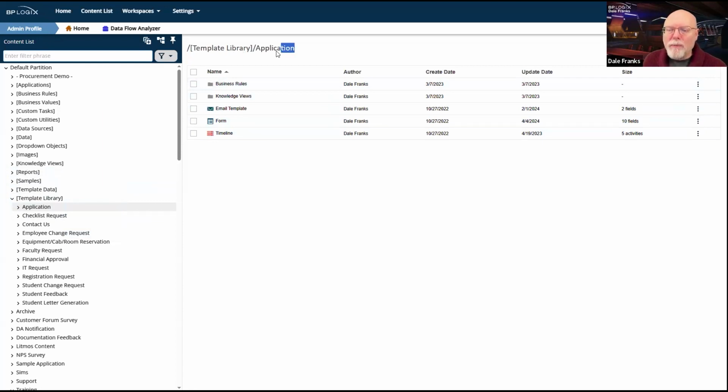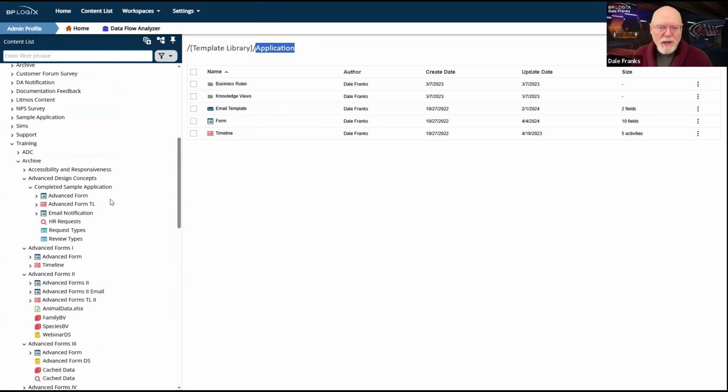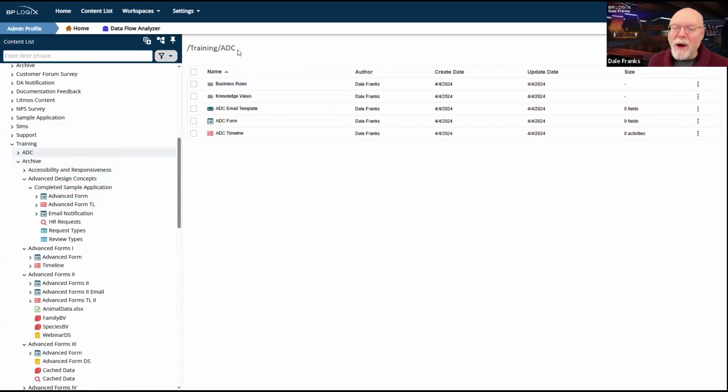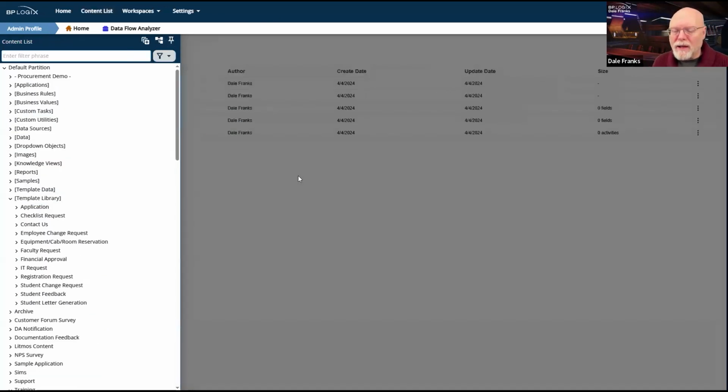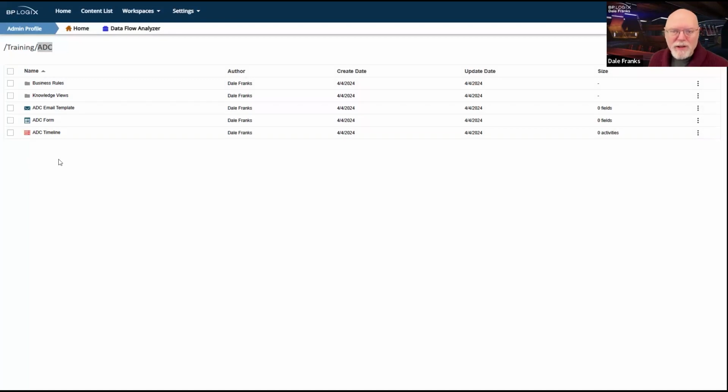Any folder that resides inside this template library folder is a template, and you can use it to create new applications. So if we move back down here to training, I have my folder, which by the way is called ADC because that's the name of the application that I created inside this training folder.